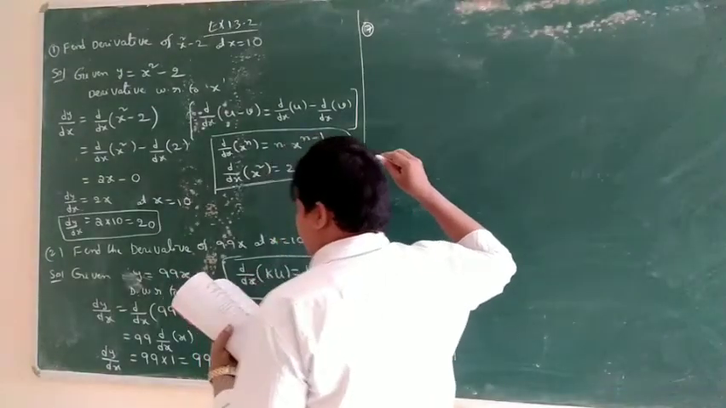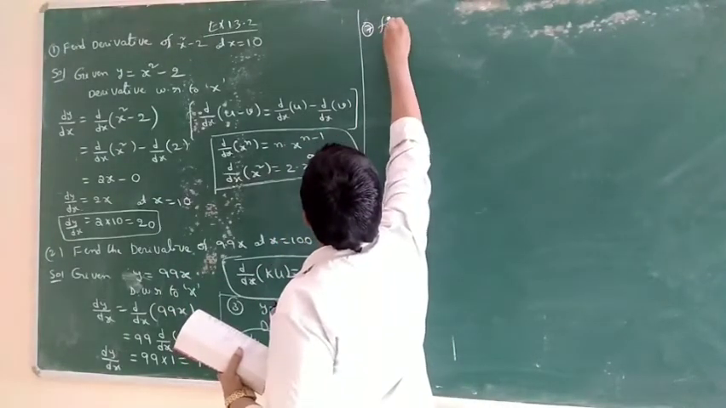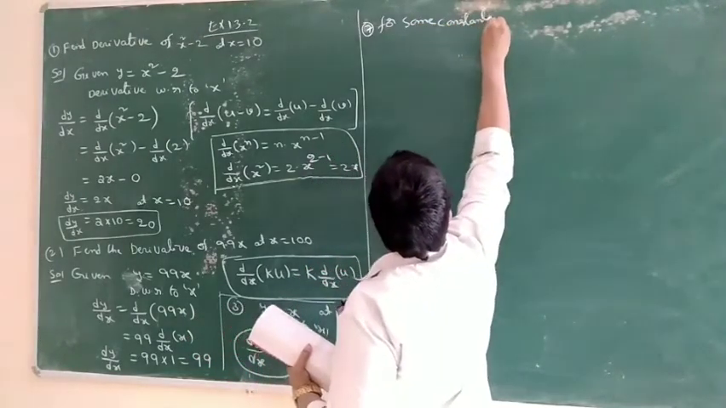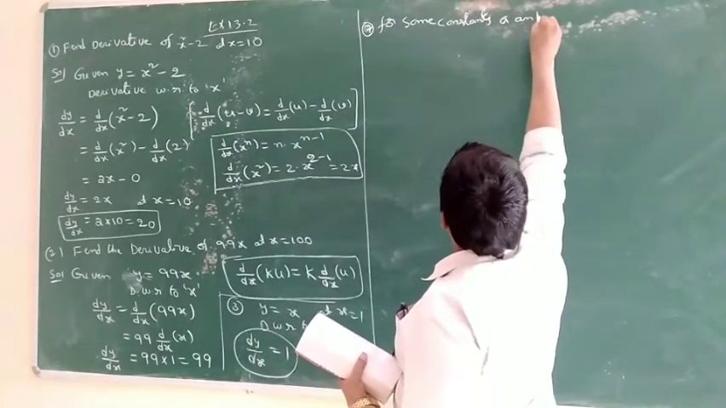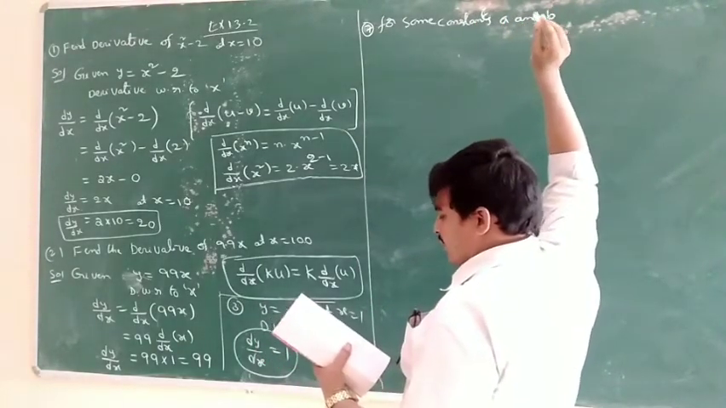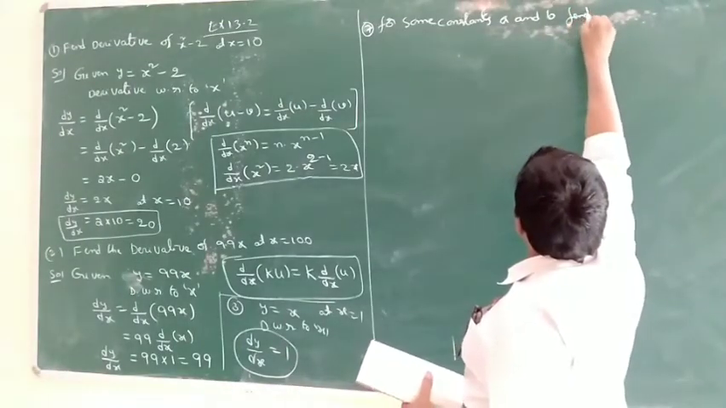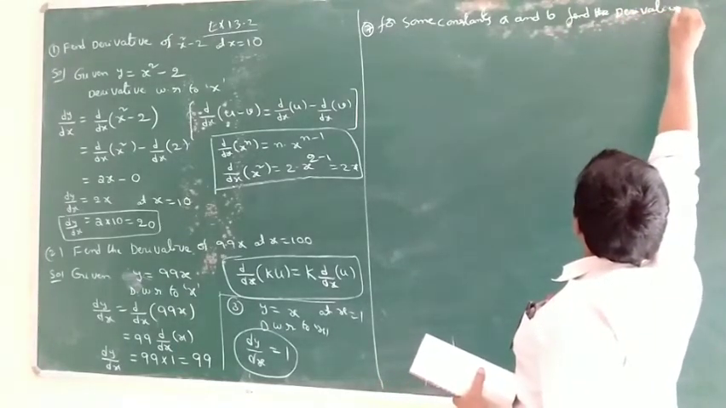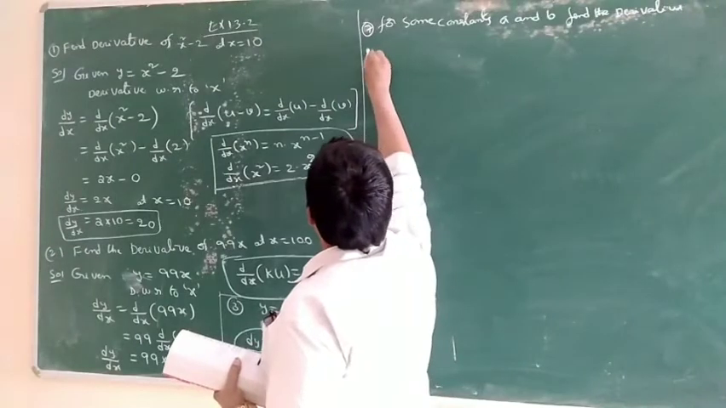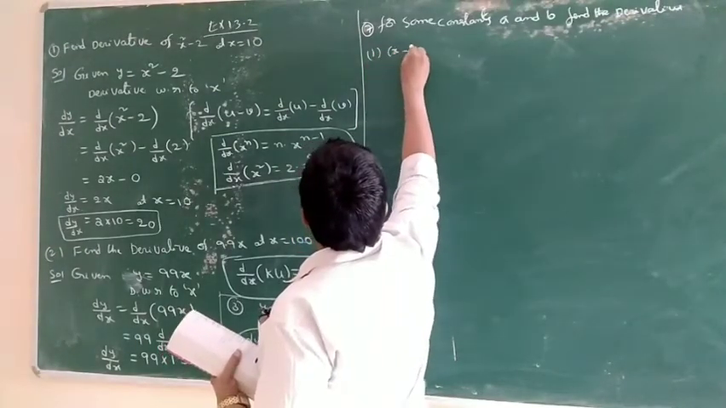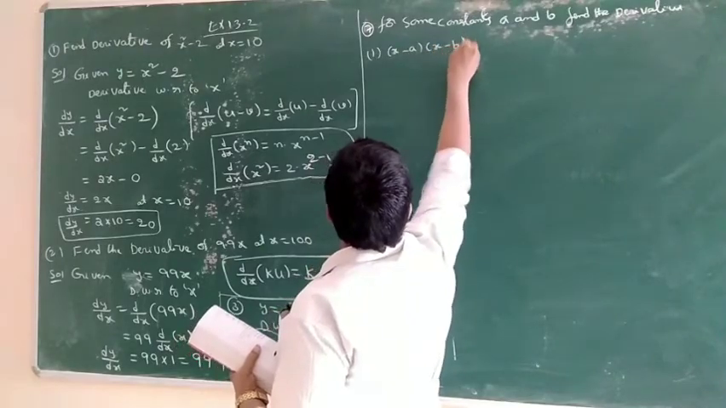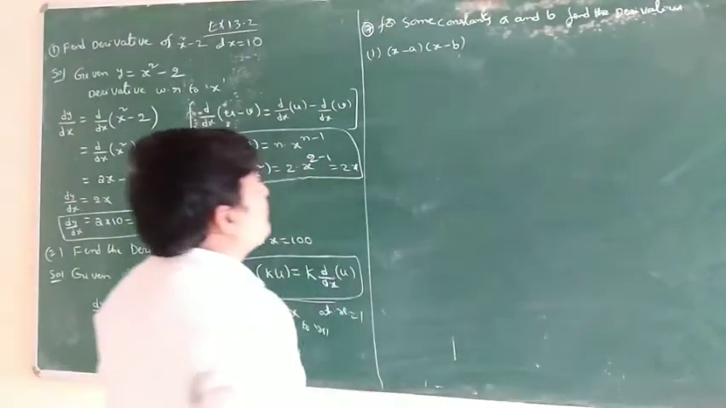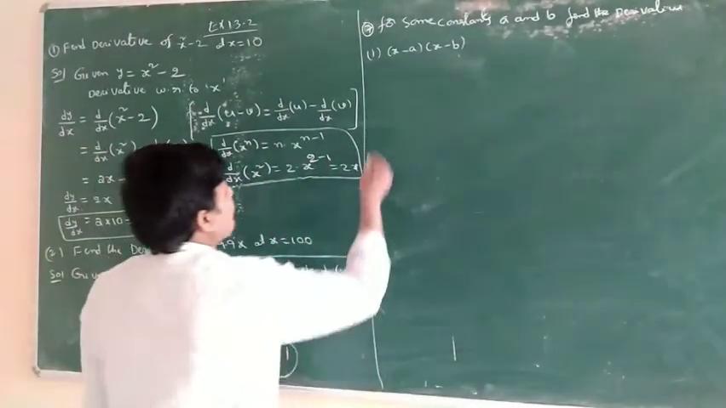For some constants small a and b, find the derivatives of. This is the first one, x minus a into x minus b. So u into v formula, or simply given